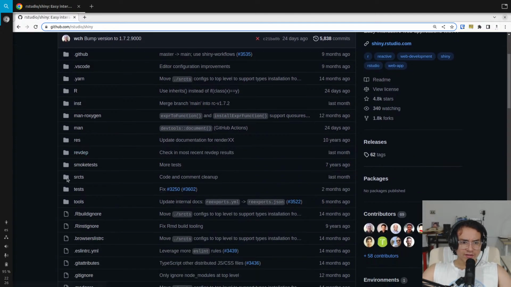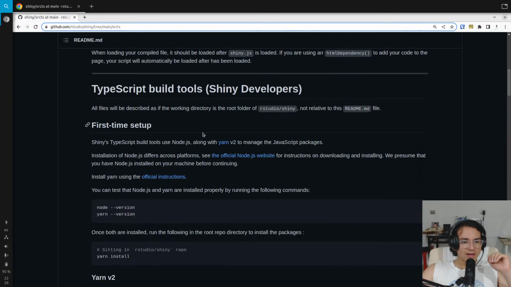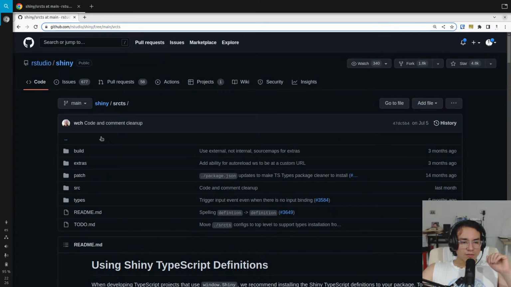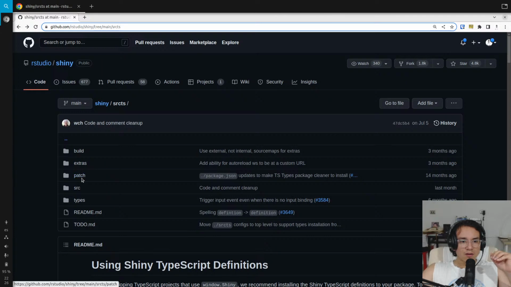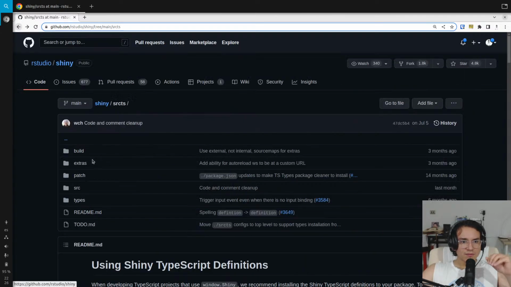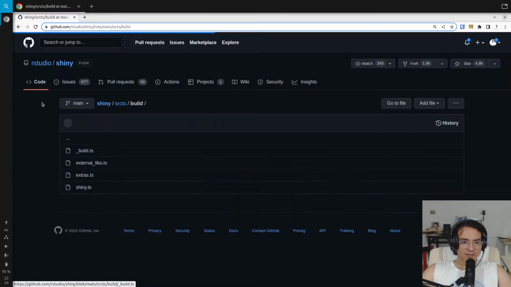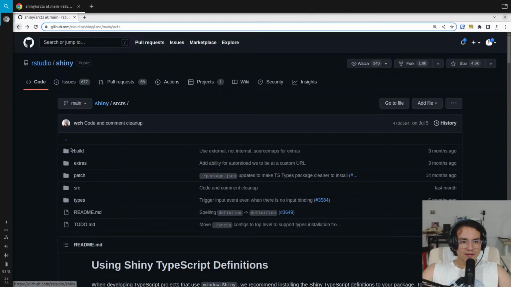So I'm going to go over to the source TypeScript directory inside the repository, because there's the actual client side code. So in here we can see type definitions for TypeScripters. We can see patch, which is yarn patches. We can see extras build, which is, I guess, how it's going to be built. And here in source, in the actual source code,